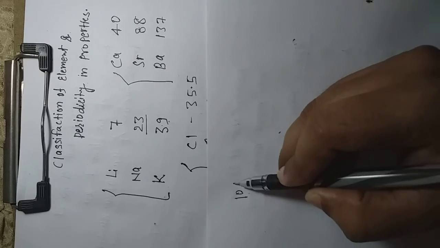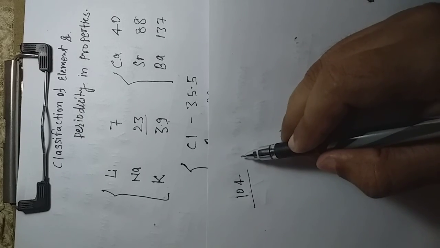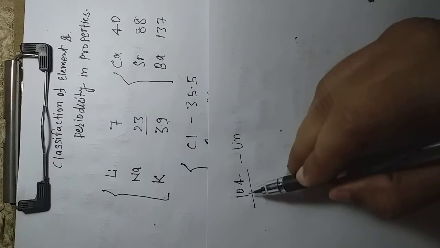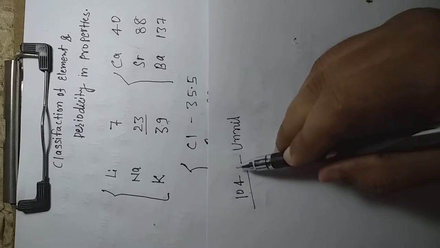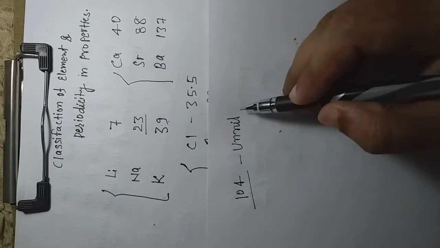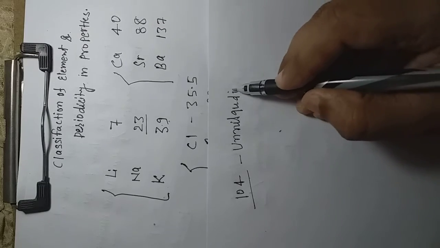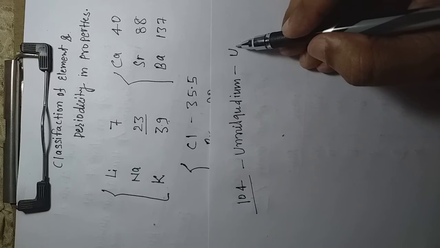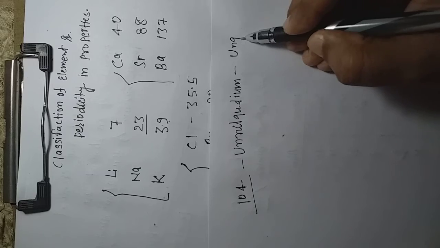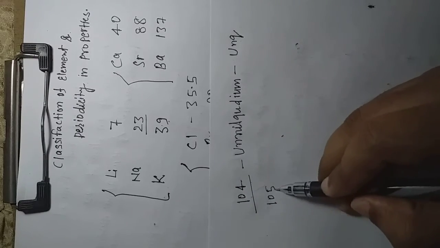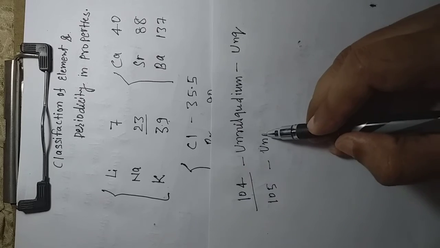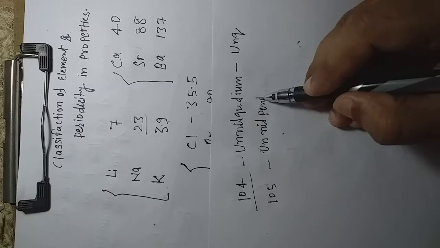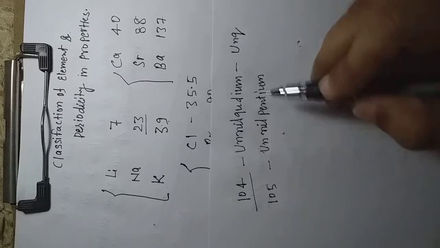Next is 104. We are looking for 104. How are we writing? First of all, you write un, U and n, and for 0 nil, and for 4 it is quad. What we had already discussed, ium we have to add in the terminal position. And how are we presenting its symbol? Capital U, then n, then q, right? That's where you will put the name of 105. Again you write un, then you write nil, then you write 5 is pent, and ium you have to add. So I think now you become perfect.